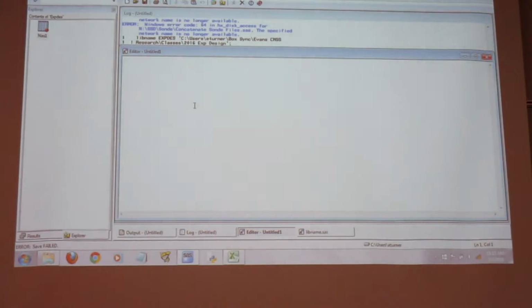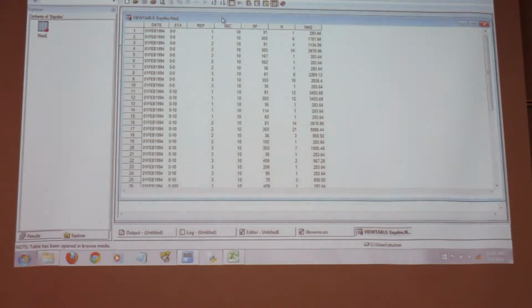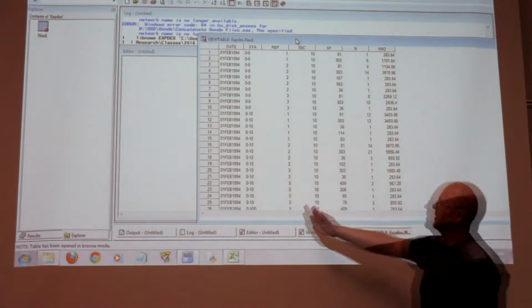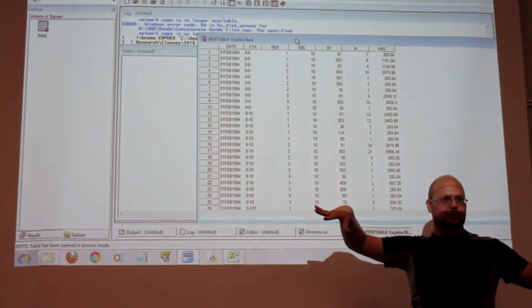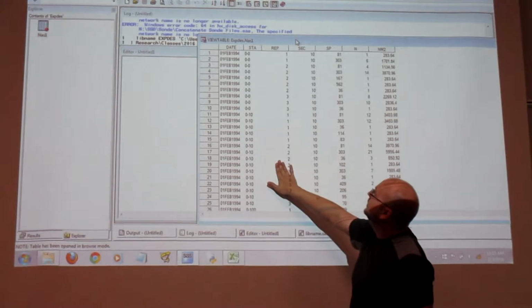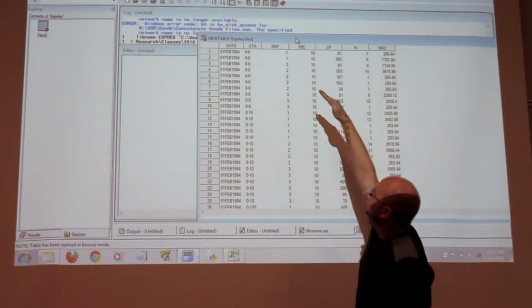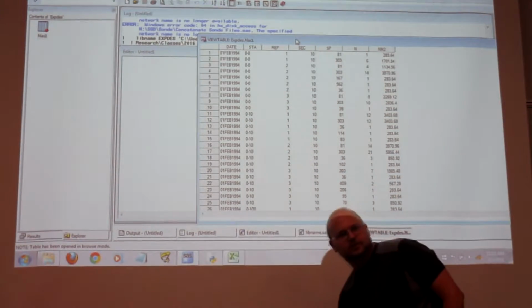So the first thing we want to do is sort our table. When I mean sort it, in Excel you can sort by a column and have all the other columns line up where they're supposed to go. So if I wanted to sort this by replicate, you'd have all the records with 1, and then the 2s, and then the 3s.